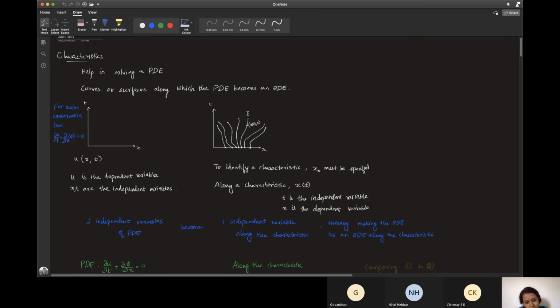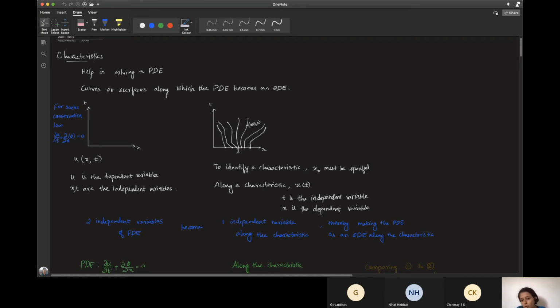So along a single characteristic, you can always have an equation for a characteristic. For any curve on the xt plane, you can always have an equation. So now a curve becomes one dimensional because your x can be written as a function of t, or t can be written as a function of x, either way. So when you draw some curve, you get an equation for that, and one variable becomes dependent on the other variable. So only one variable remains as an independent variable, whereas on the plane both t and x are independent and u was a function of both x and t.